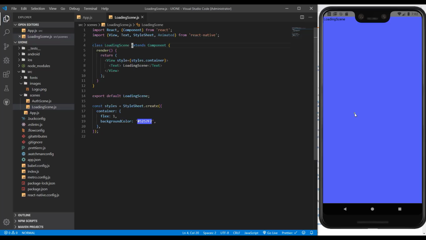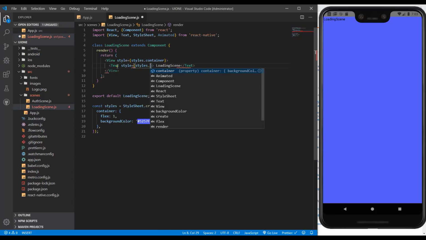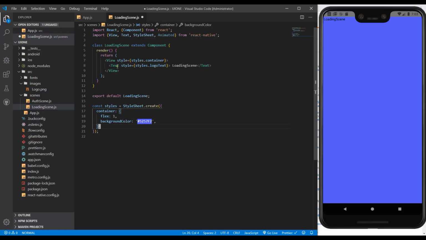Now let's go over to the middle part of it, where we brought in our logo and also our text. So in the text, I'm going to add a style over there. So I'm going to give it a style attribute to styles.logoText. Now for the logo text,